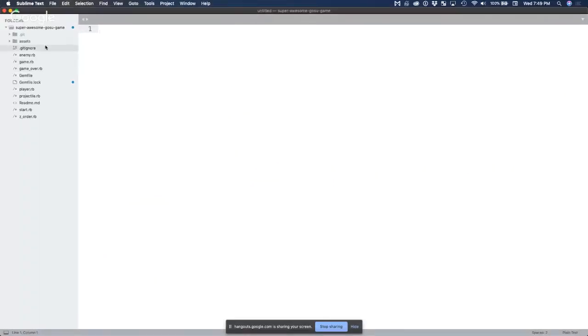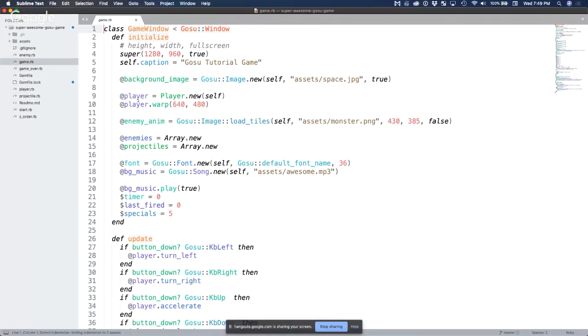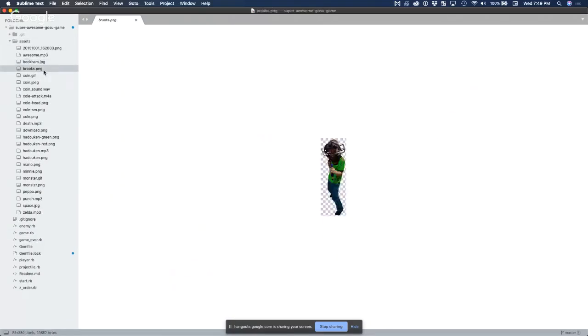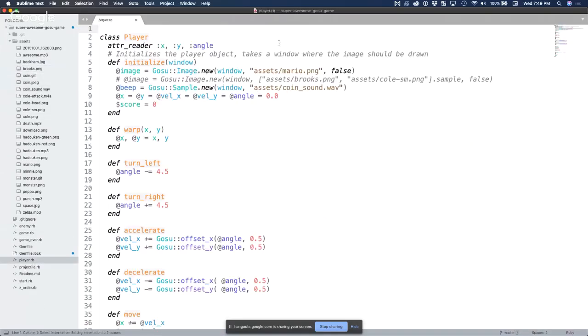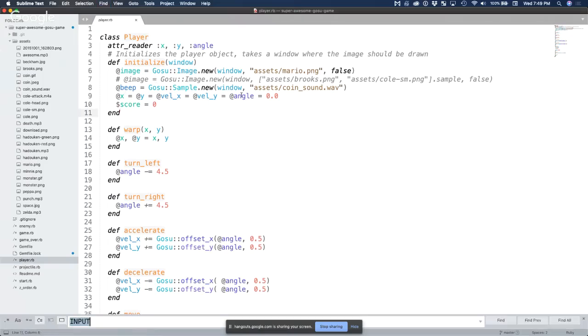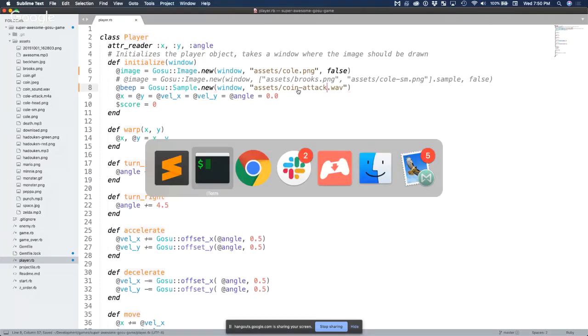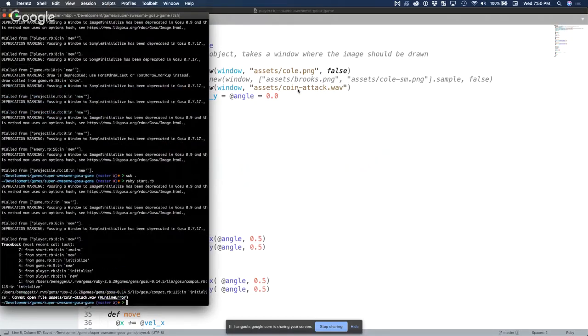I did a lot of this with my kids, just teaching them basic things, or with nephews and things like that. I grabbed a picture of my nephew and cut him out and said, let's make you the player, right? So he turned into, let's see, where do we got Mario? Okay. And then I got my other nephew and was like, all right, let's have you record some sound. And now all of a sudden,